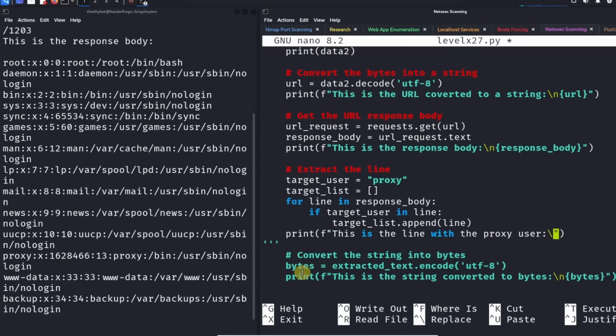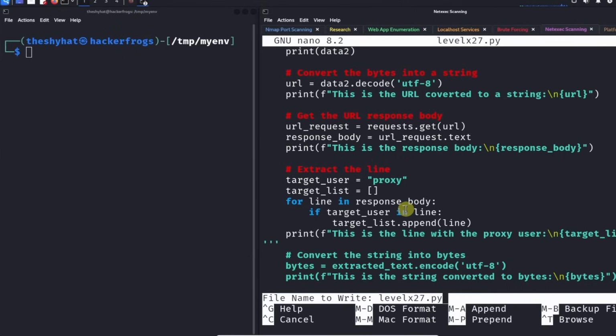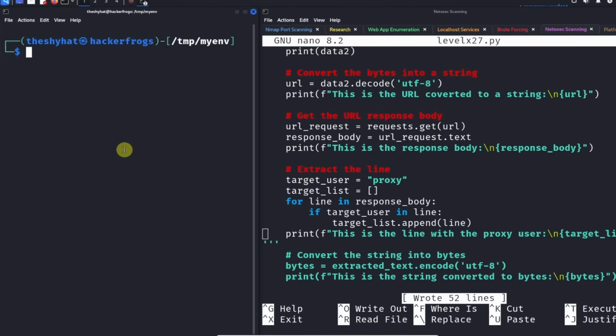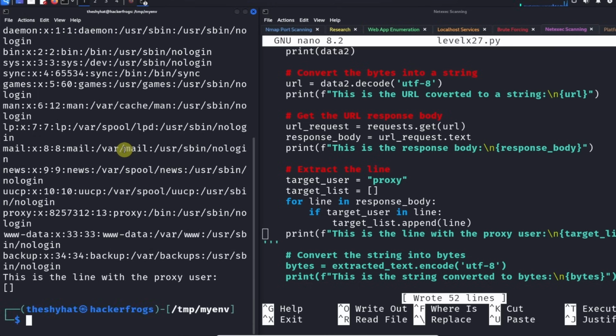And then new line, and then print off the target list. Okay, let's run the script again. This is the line with the proxy user. Oh,